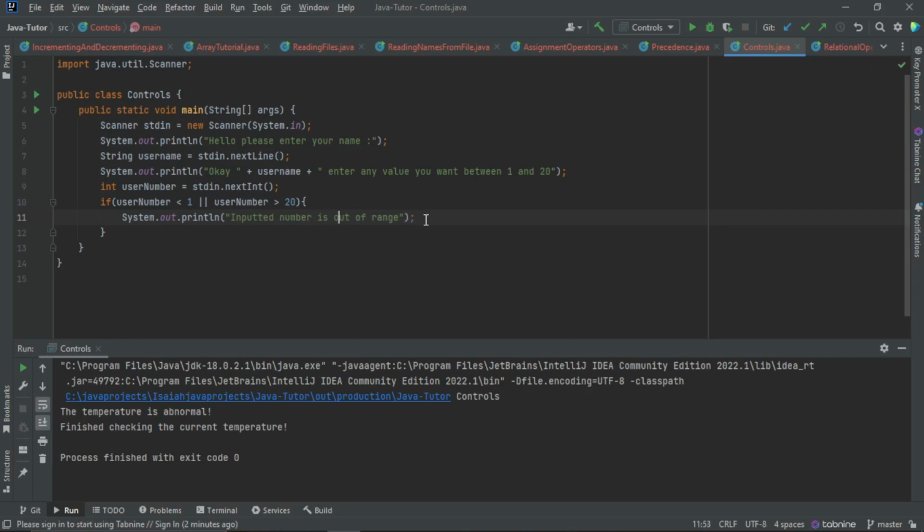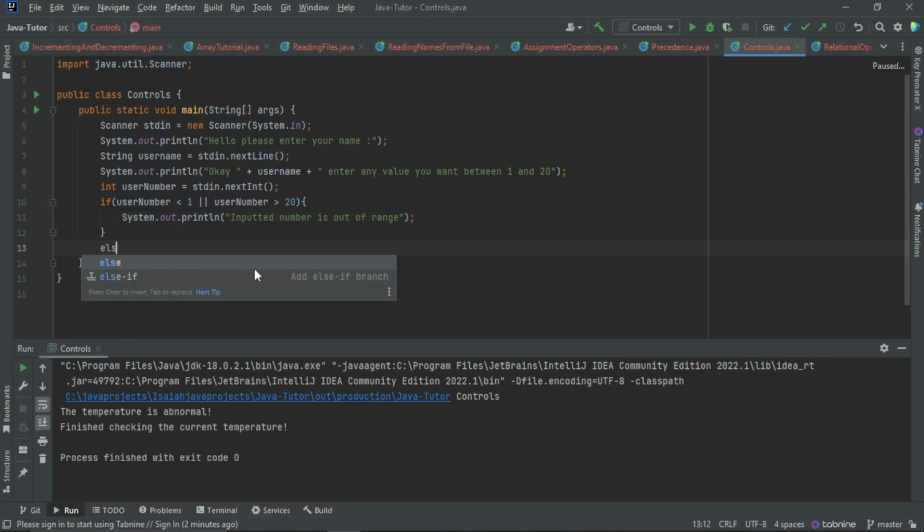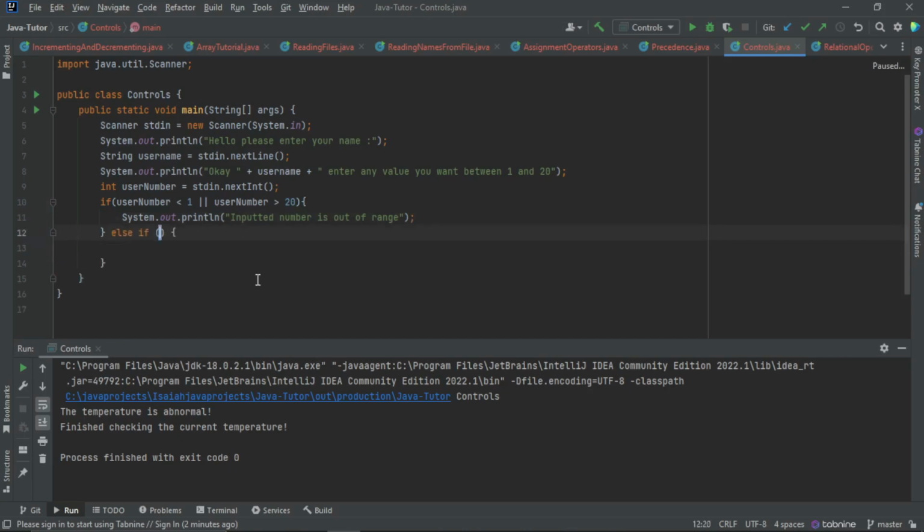It means that the number that the user inputted was out of range. However, we can do something. We can then use our else if statement. So we add else if here. Else if userNumber